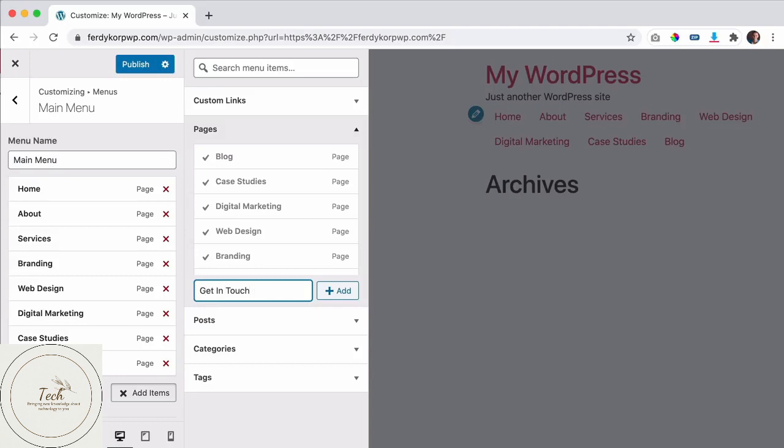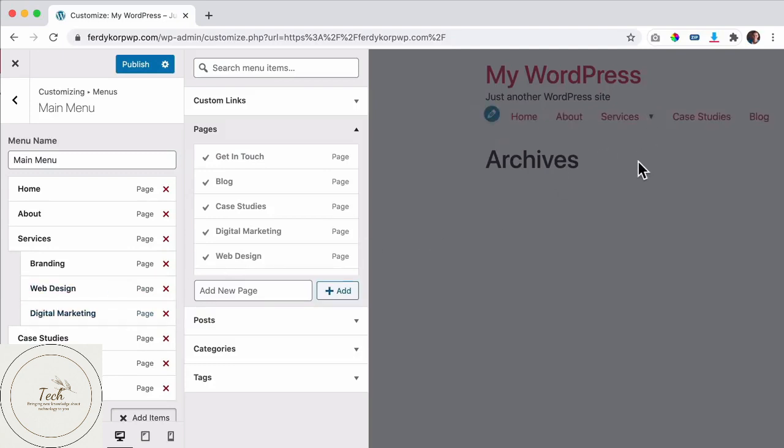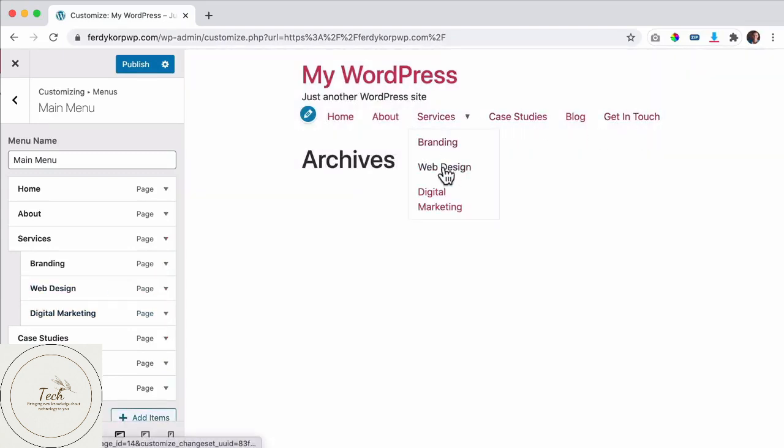So you see over here our menu is growing, but I want to have a sub menu below services, because branding, web design, and digital marketing are sub items of services. So I want to have a drop down over here. How can I do that? Really simple. I drag branding to the right until it snaps again and again. And now when I hover over here, it looks like that. Don't mind the layout yet. We will change